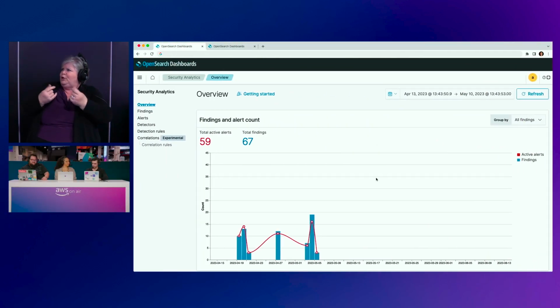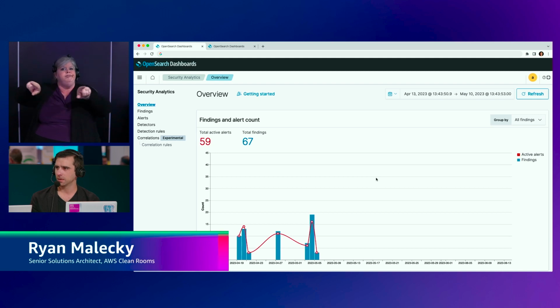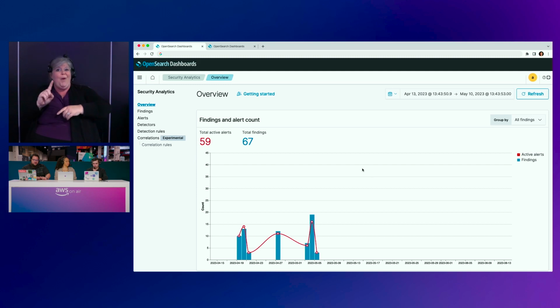Yep, absolutely. And that's where OpenSearch comes in. So Security Lake, in addition to collecting the data, has a way to send data out. Security Lake is actually sending out a notification every time a new set of logs arrives. And you can set up an integration to push those logs automatically into OpenSearch. Okay. And I'm going to pick up from there.